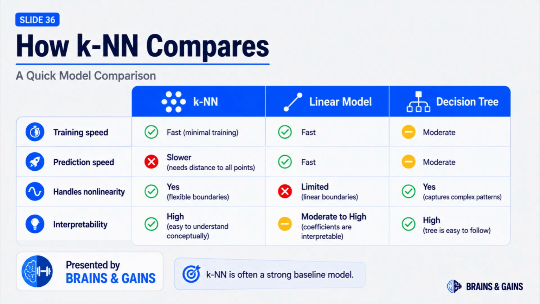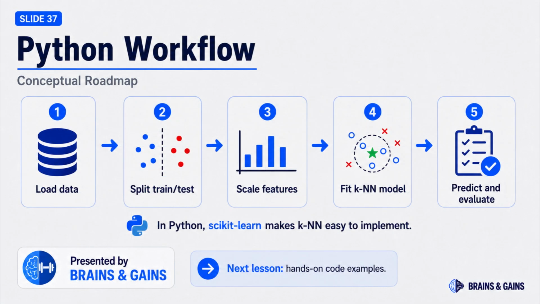Compared with other models, KNN requires little traditional training and can handle nonlinear patterns naturally. However, predictions can be slower than linear models because distances must be calculated against stored examples. Implementing KNN in Python follows the same concepts we learned today. Load the data, split training and test sets, scale the features, configure the KNN model, make predictions, and evaluate the